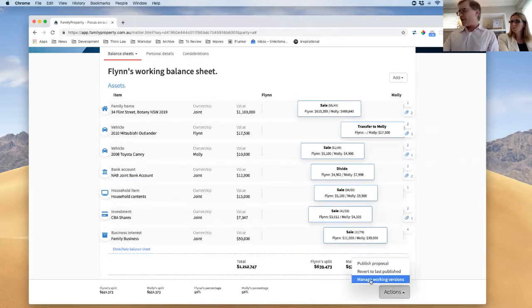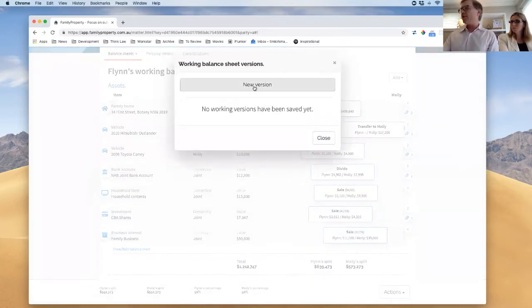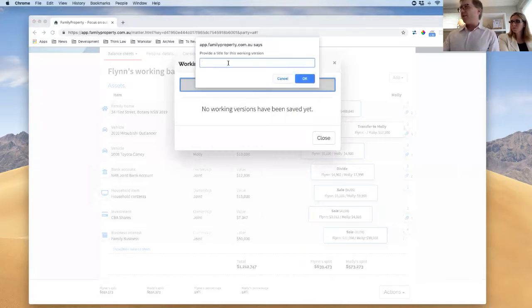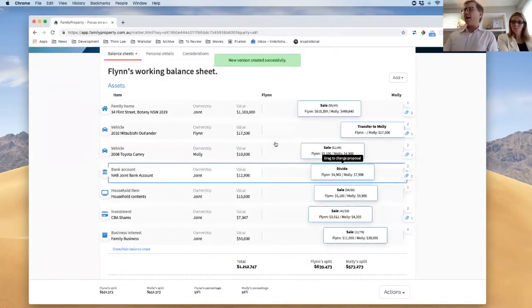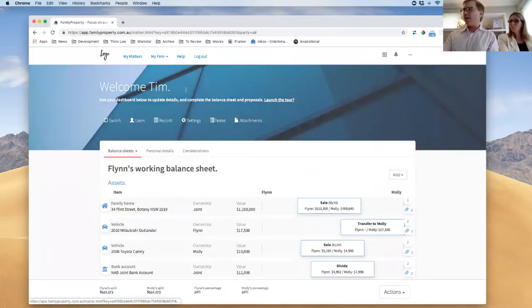So I'm going to go down to actions and go to manage working versions. And I want to create a new version. And this is my 50-50 split. So I'm going to give it a title so I can identify it easily later on, and go okay. So that's now saved my working balance sheet. And so what I might do now is go